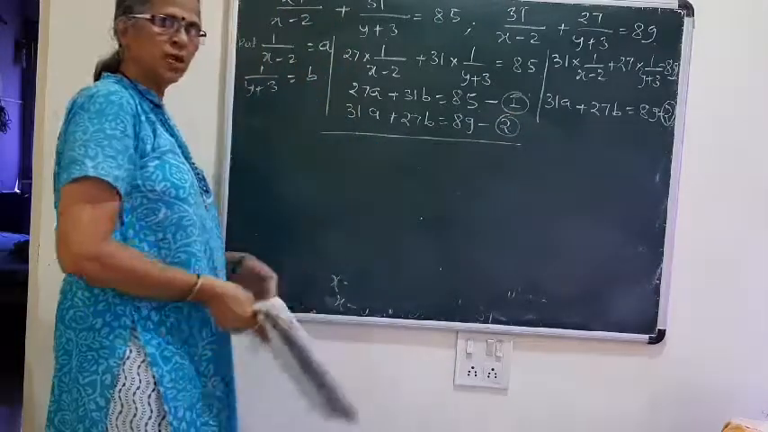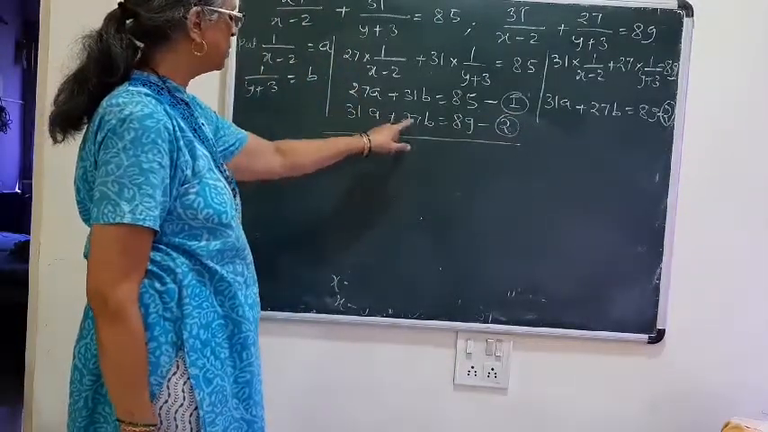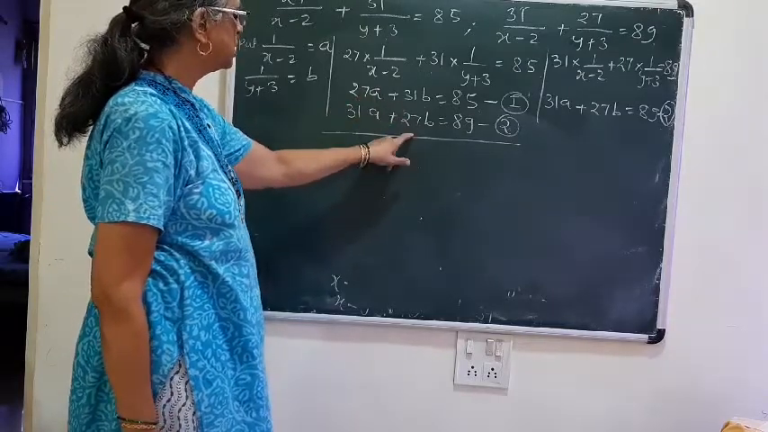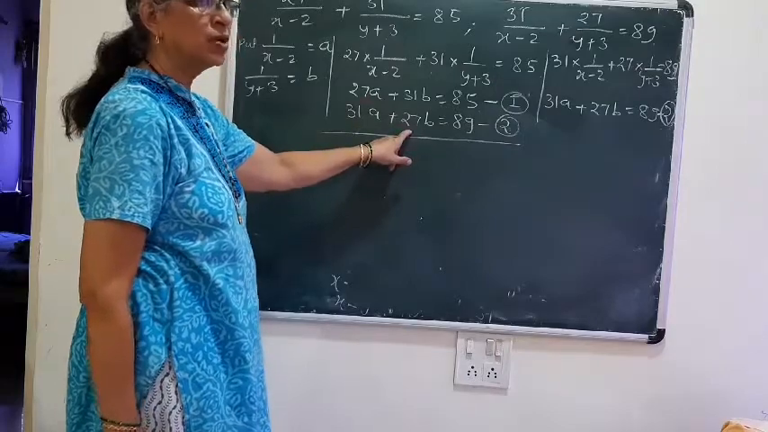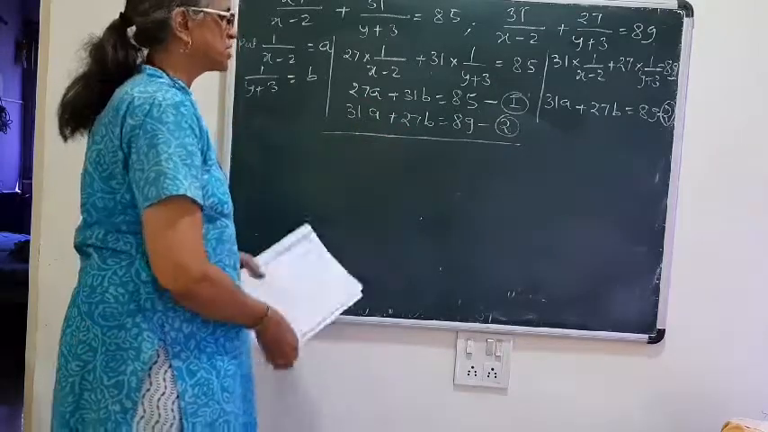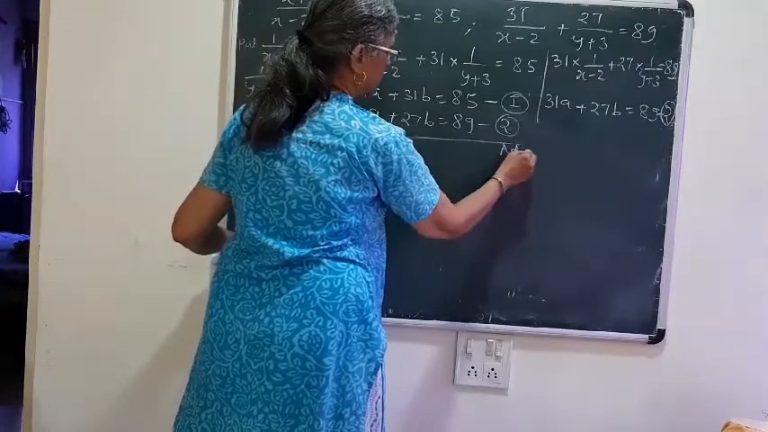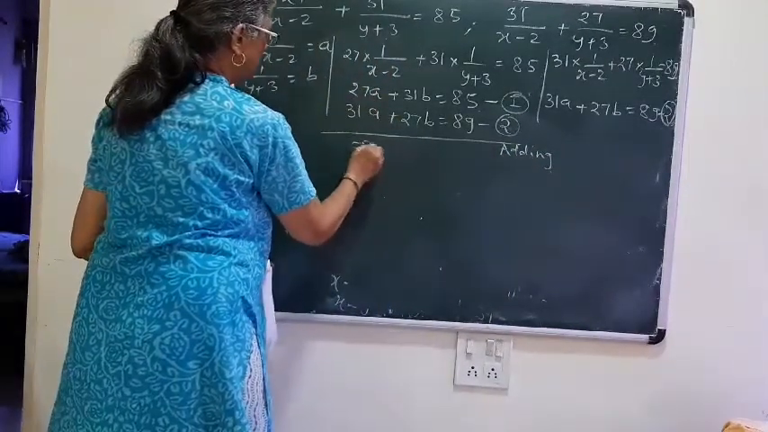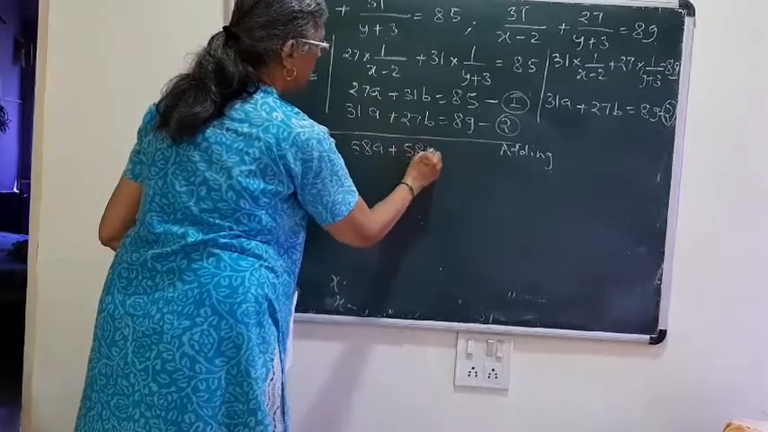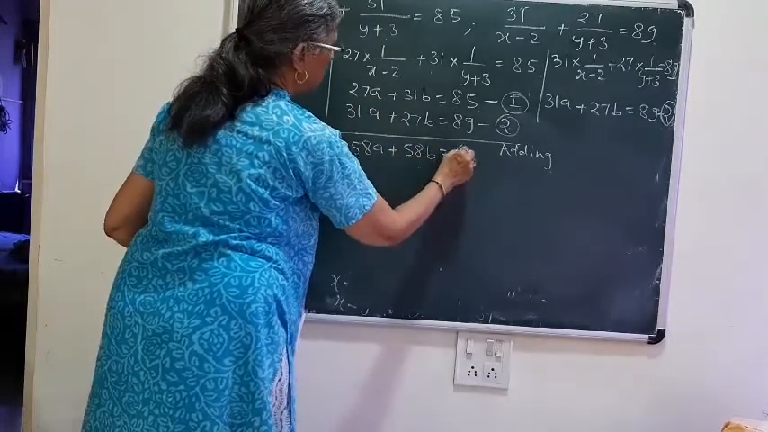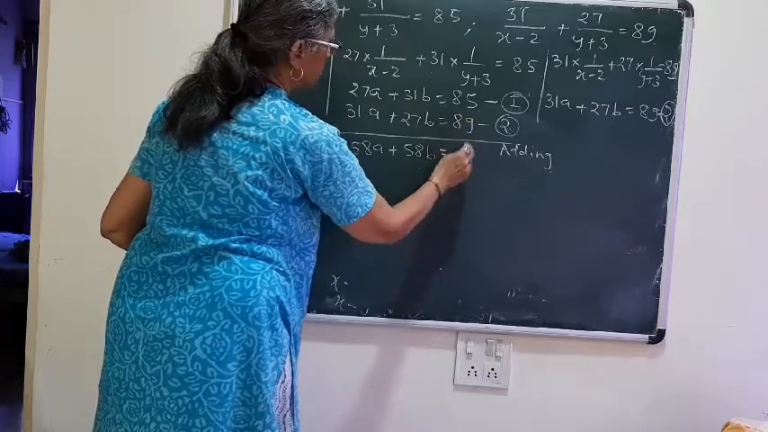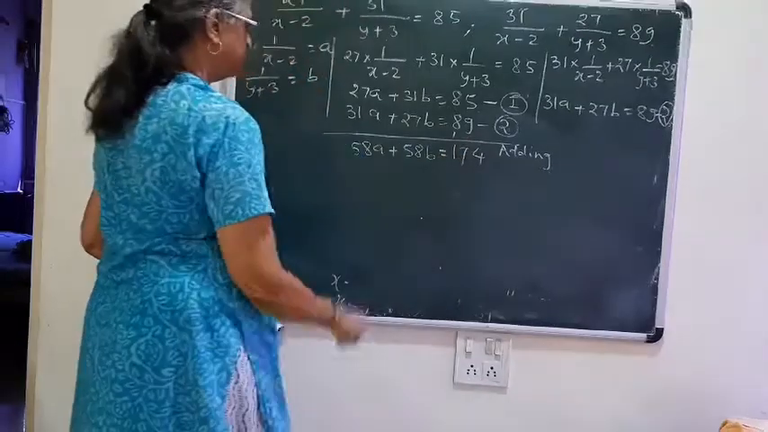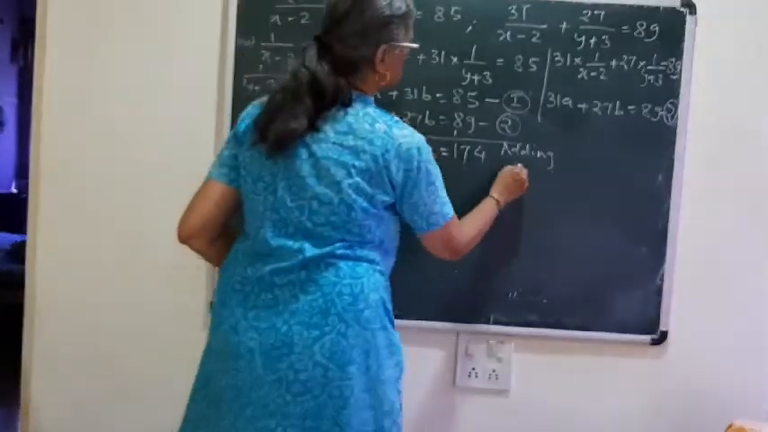Now for this also we have studied the method, that is whenever the coefficients for a and b in the first and second equation are equal, then we are going to do once addition and once subtraction. So adding, 27 plus 31a, 58a plus 58b is equal to 89 plus 85, 174. So dividing